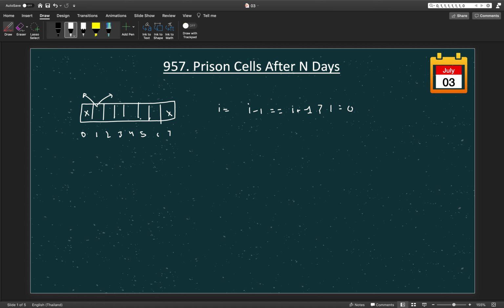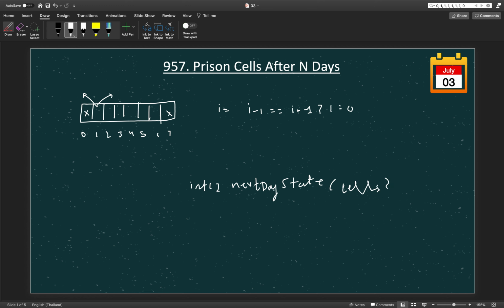So this we have to iterate. If we think of the basic brute force idea, we can write one common method which gets us the next day state. This method will return an integer array, which is the next day cell state after the first day, and it takes the initial state, let's say cells.